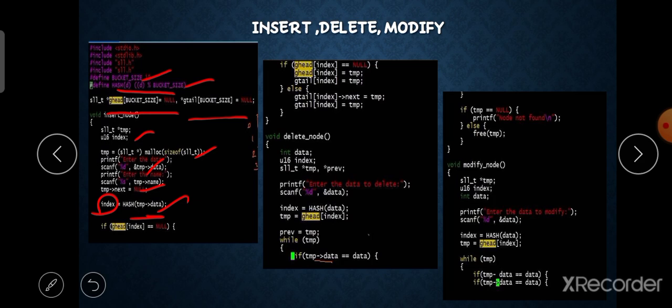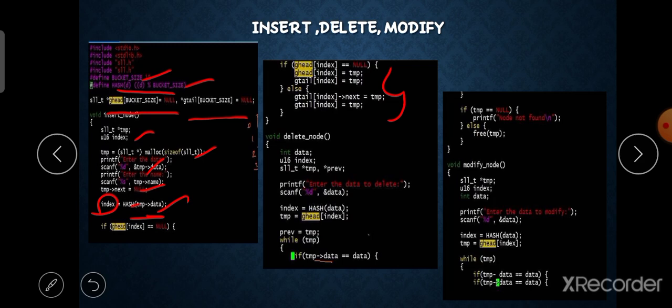And if head equal to null, it becomes head of index. All these head and tail usages are changed to head index and tail index for hashing. Because the index values are mainly what the node is inserted by, it is inserted in the insert mode.